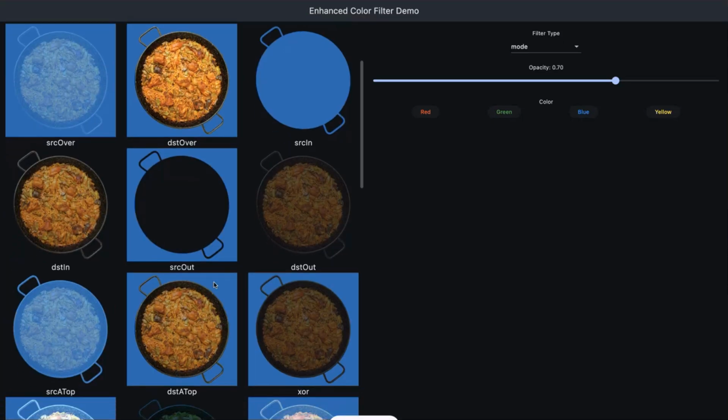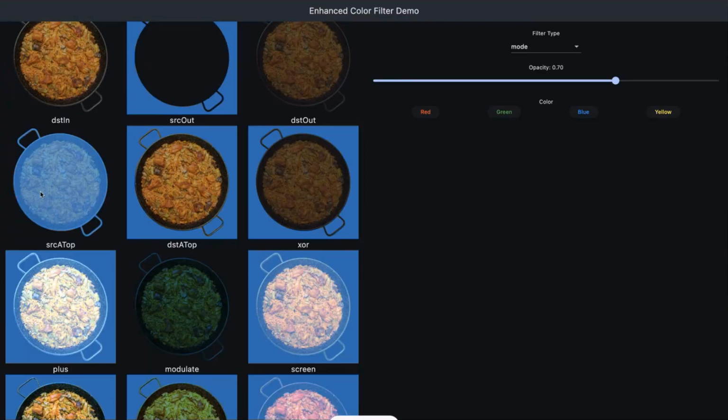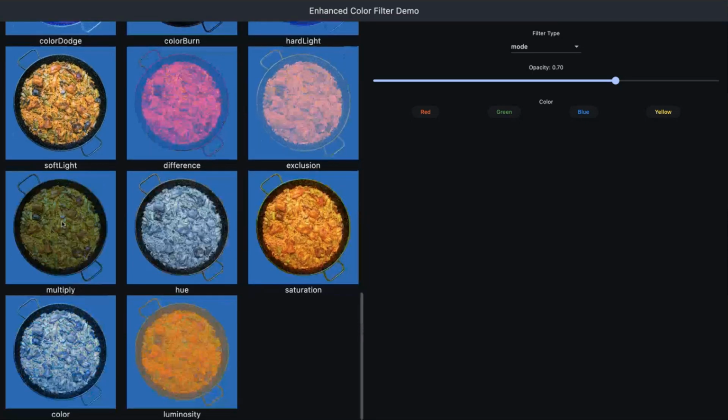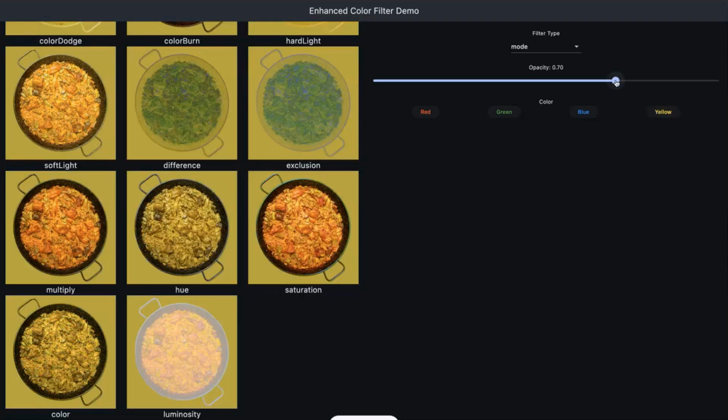We have other ones where they combine the two, so it applies some sort of a layer on top of the image, but obviously it doesn't go beyond the edges of the image. Some of them are really good for coloring. For example, if you want to unify how the images look, so let me say I want this yellow, and then